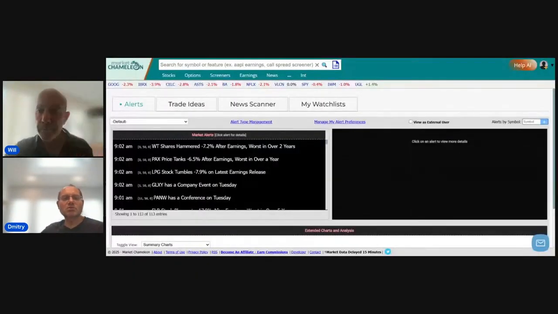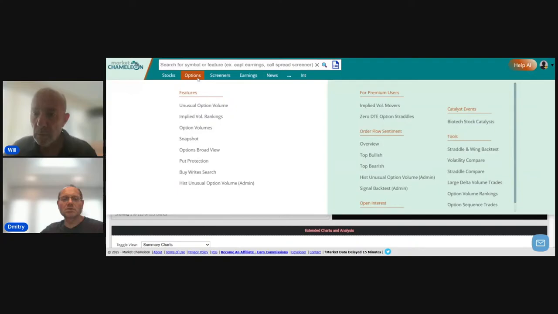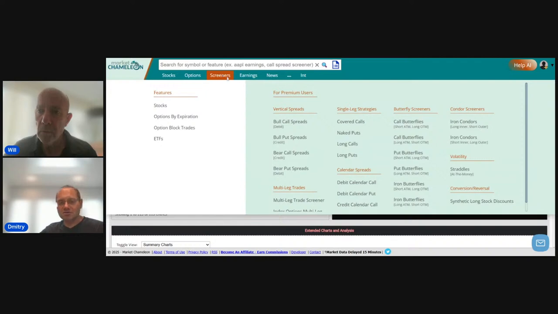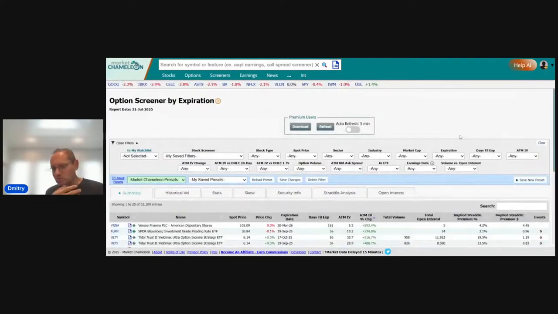How are you? Great. Today we're going to talk about how to screen implied volatility skew by expiration, correct? Yep. Let me share my screen here. First, let's go to the page where we'll show an example, and then we'll discuss it. So I'm going to go under Options, Main Menu, and if you scroll down, it's under Screeners. Under Screeners, Options by Expiration, we're going to click on that, and this will take us to a screener that